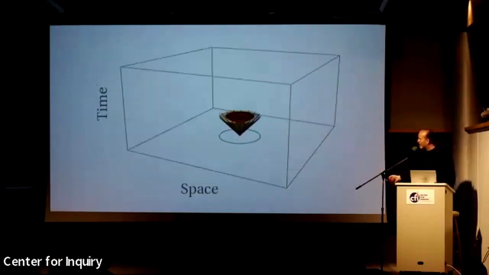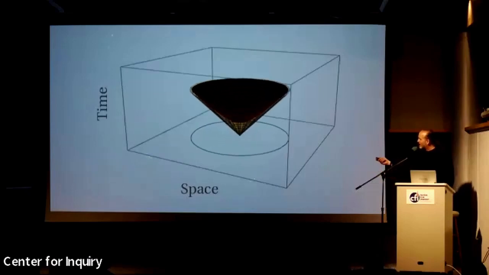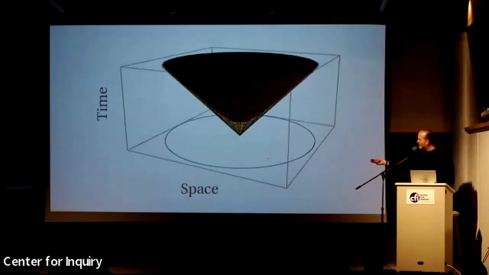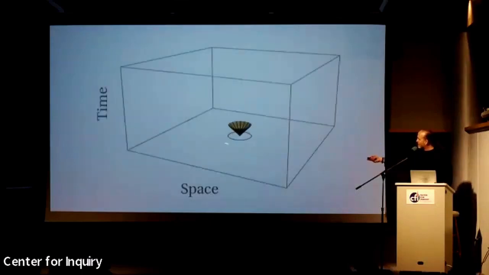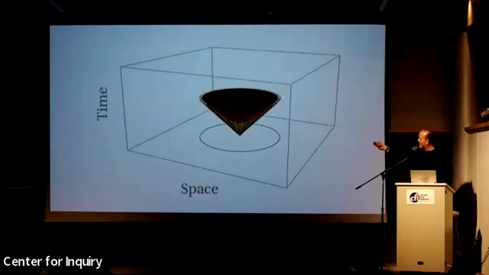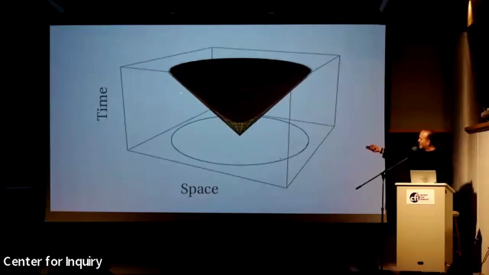And the way this works is if you draw a diagram of space and time, with time on the vertical and space on the horizontal in the right units, so that time is in years and space is in light years, this expanding bubble wall makes a 45-degree angle, or sweeps out a cone. So this bubble is expanding outward in space, but in time the edge of that bubble actually sweeps out